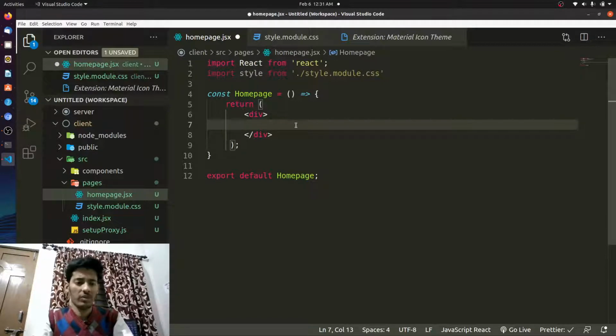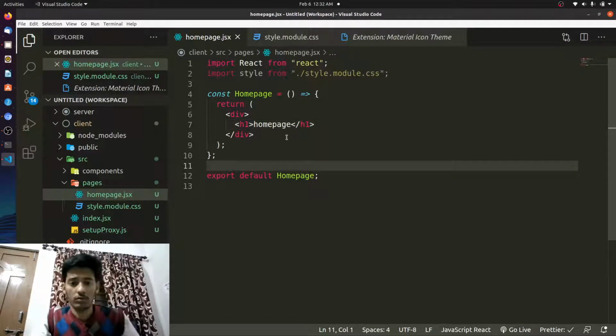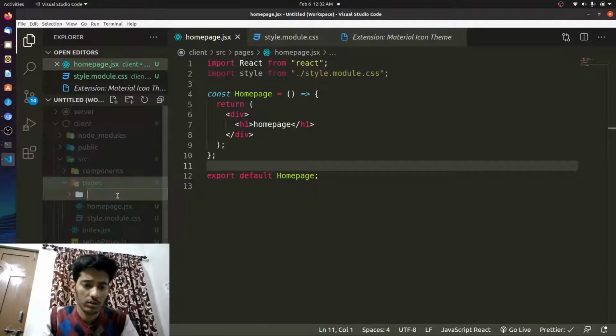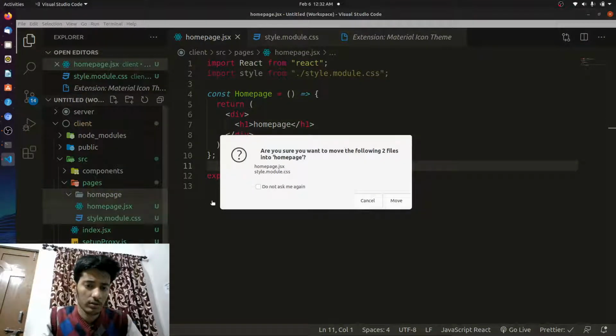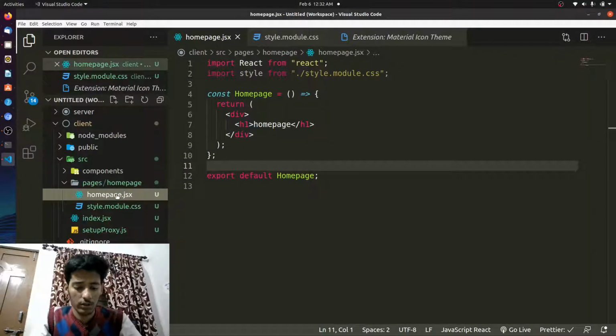Right now I could not remember anything instantly, so let's say home page. Later on in the home page we'll be having all the blogs basically. So this is the home page. The next thing, why we have directly put this here, we need to put this in one of the folders. So this should be a home page. These two should be inside this,